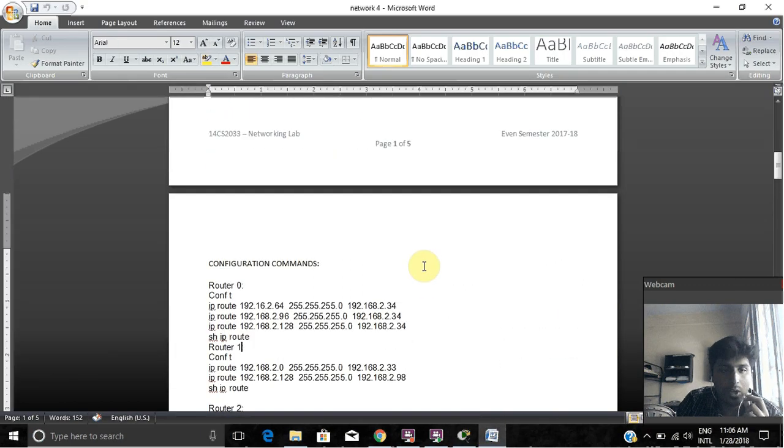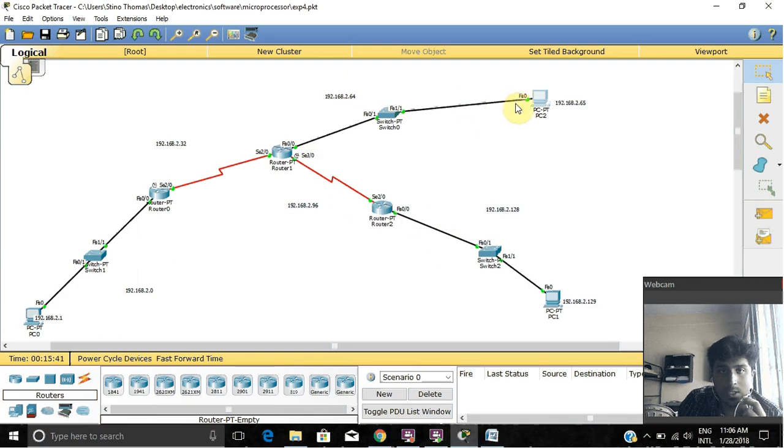At router 1, we could say IP route 192.168.2.64. That is, this network should be connected with this network